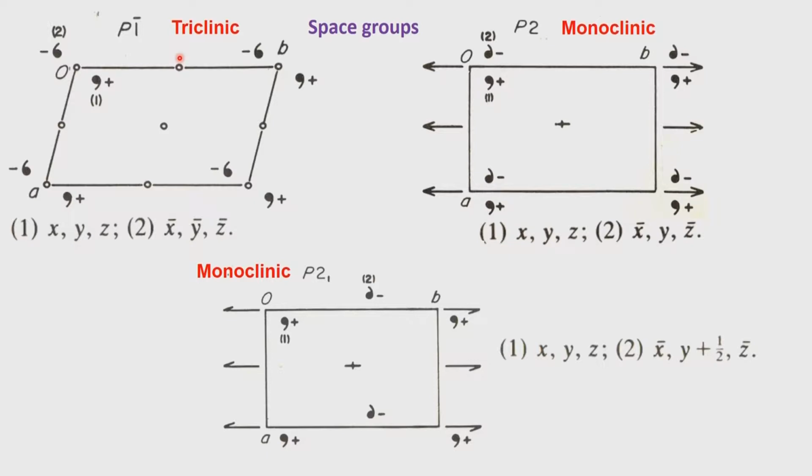So, in a triclinic system we have A, B, C not equal to each other, alpha, beta, gamma also not equal to each other, and therefore we have the object which is sitting here, which I have marked as 1. Now, hereafter we will represent the object, to show that we have an atom or a molecule or a collection of atoms or an ion or whatever, in the form of a comma.